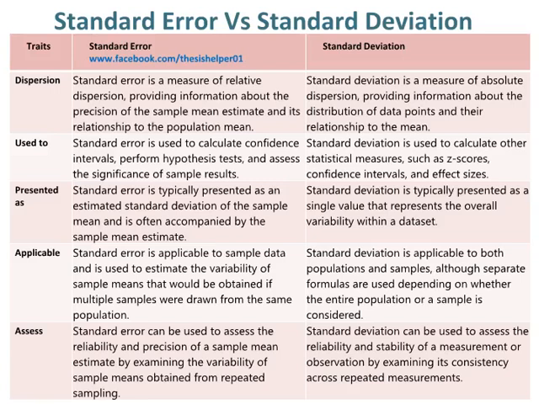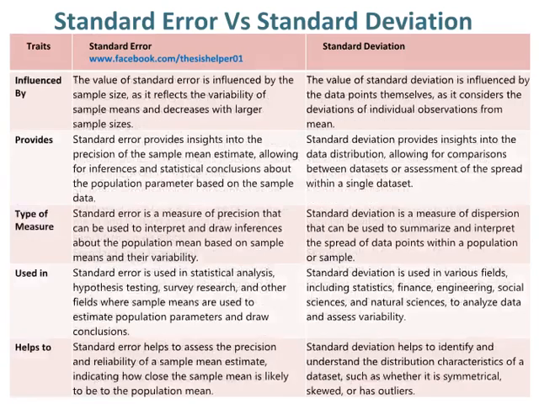Whereas, standard deviation can be used to assess the reliability and stability of a measurement or observation by examining its consistency across repeated measurements. The value of standard error is influenced by the sample size, as it reflects the variability of sample means and decreases with larger sample sizes. Whereas, the value of standard deviation is influenced by the data points themselves, as it considers the deviations of individual